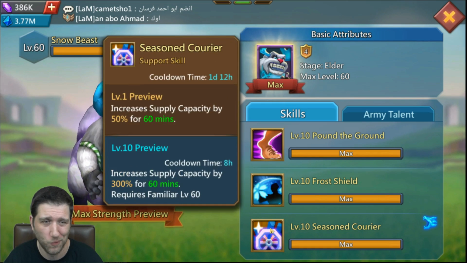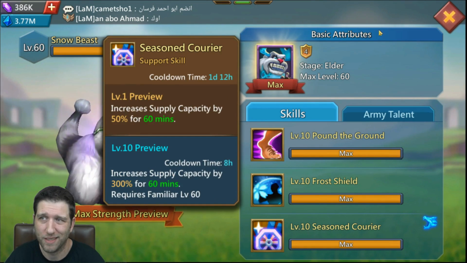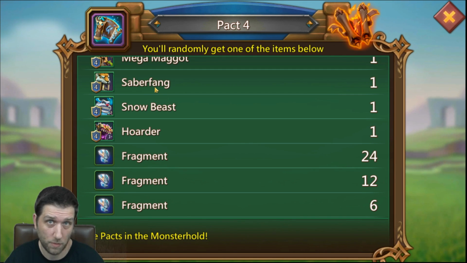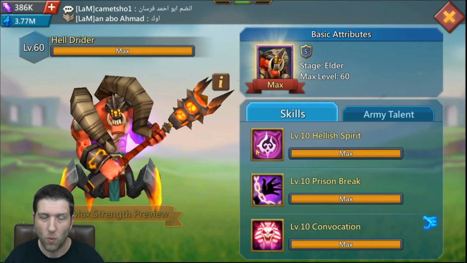Range defense, again, wouldn't waste your time. Seasoned Courier, wouldn't waste your time. It's not worth it. So in Pact 4, really what you want to focus on is that Hoarder. Get that Hoarder done, then focus on the Sabrefang because monster hunting gives you lots of good stuff, so you want to get that up and going, and then once you get all of the